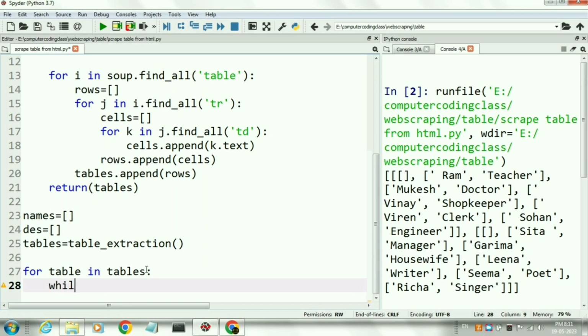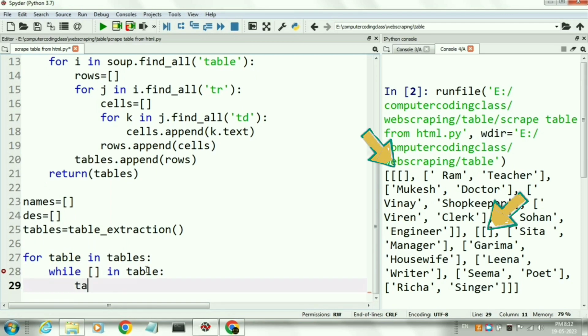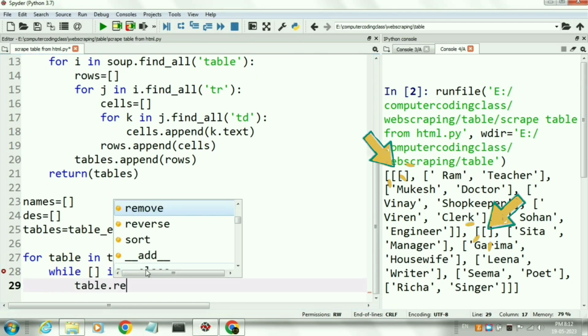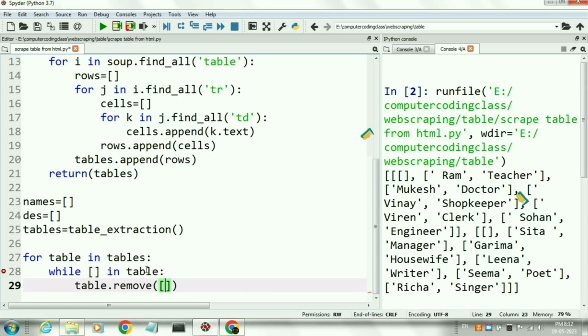In the output window you can see each table starts with an empty blank Python list because we have not extracted the heading of each table's columns. That is shown by th, but we have not extracted th data.